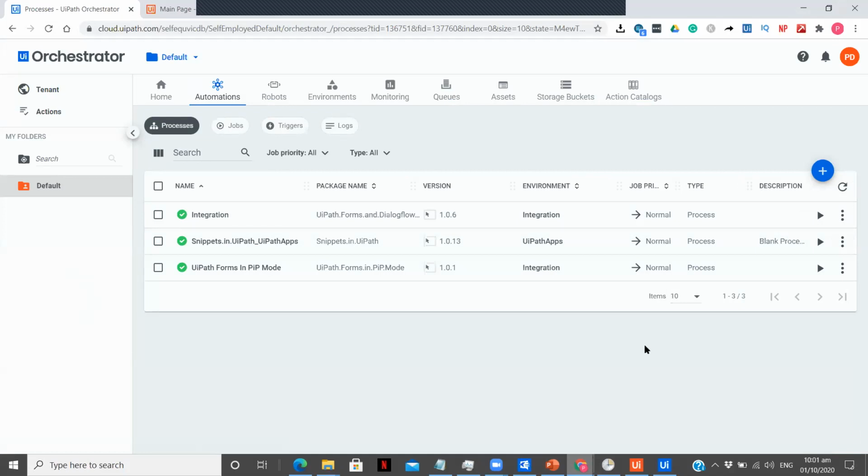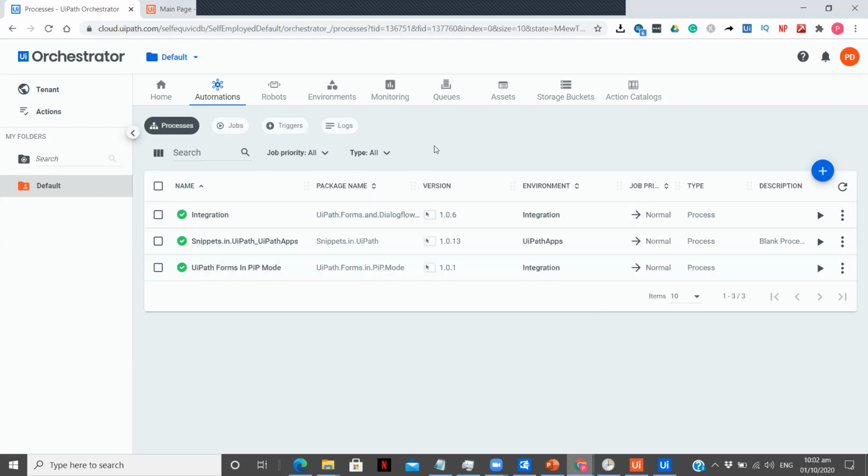Now what we have done is we have built our app, we have built our workflow, and we have put our workflow in the orchestrator. Now we need to do the connection between the apps and the orchestrator. So we are going to see how we can do that, and we are going to pass the values entered into the text fields of username and password into our orchestrator, which will then pass them into the UiPath Studio, and then our Excel file will get created.